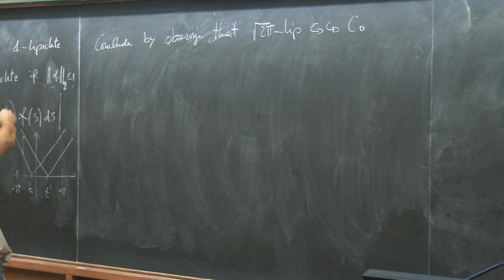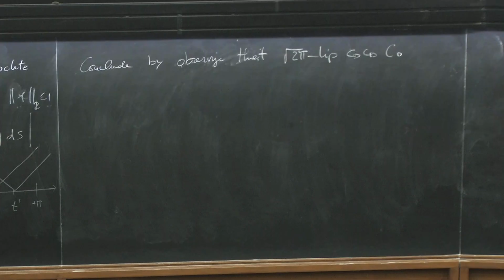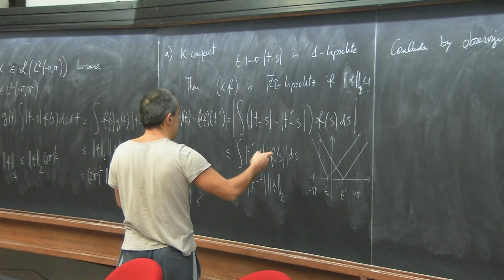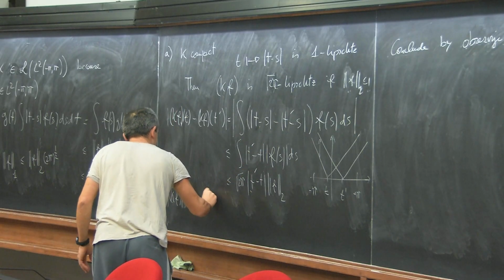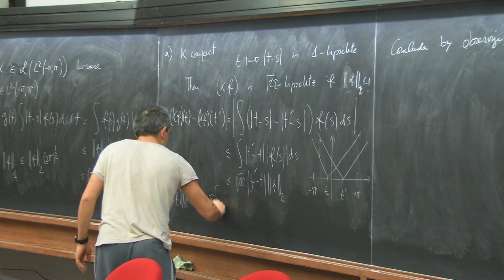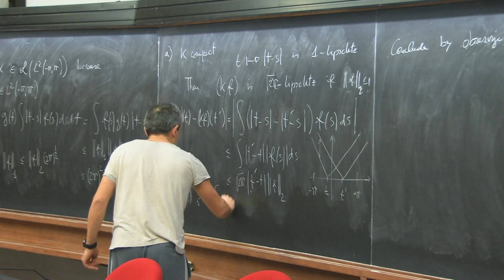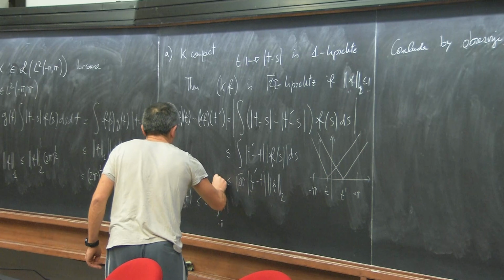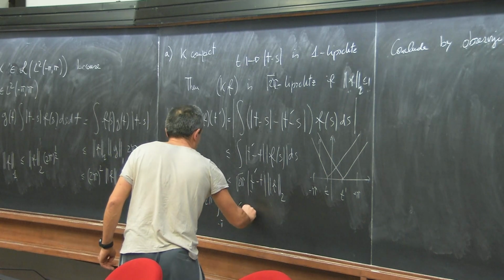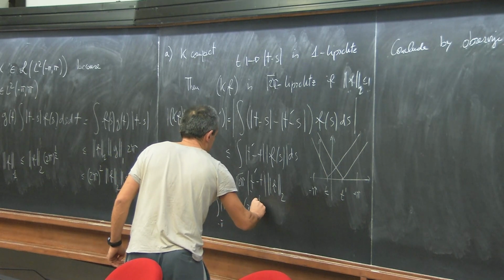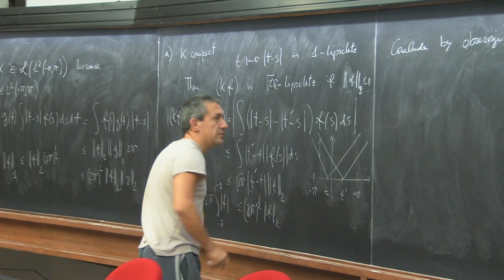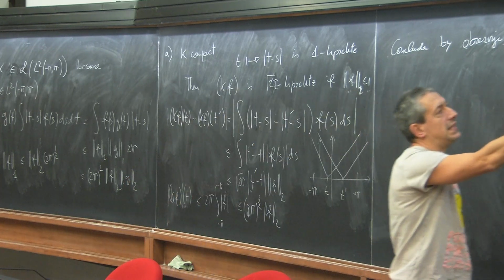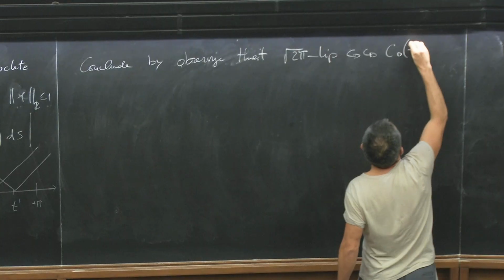Because we have to verify that it is bounded. Let's see that the norm of Kf of t, so the supremum, is less or equal than the maximal of this thing, which is 2 pi, the integral of f from minus pi to pi, so less or equal than 2 pi to the 3/2 norm of f2. So it's a compact set in C0